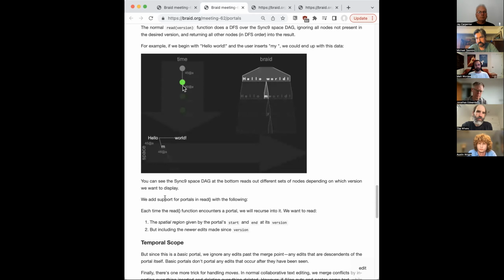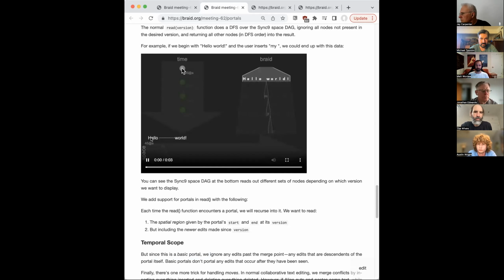So you've got a conflict. Normally in collaborative text editing, when we get a conflict, the way we resolve it is we insert everything inserted and delete everything deleted by both parties. So what happens here if we follow those same traditional rules? Well, Alice deleted the "hello," so we're going to delete everything here. Bob inserted "my," so we're going to insert "my." And in the portal over here, we're going to have the "hello" because it was portaled before it was deleted. And it's also going to portal the "my." So we're going to have the portal for "hello" and "my."